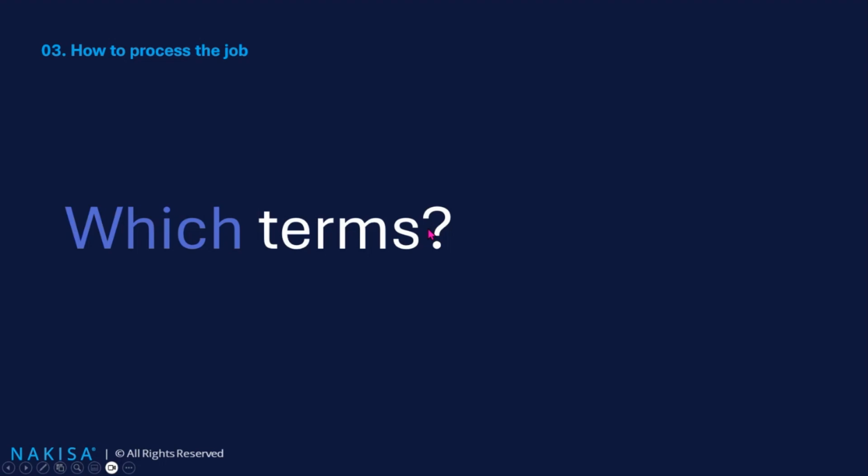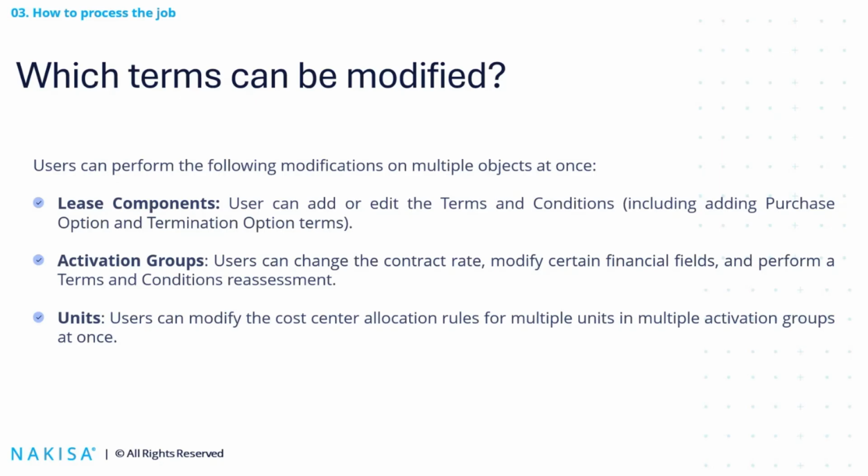So which terms can you modify in mass modification? Not all the terms can be modified, nor processed in all the ways. For example, at the lease component level, you can just add or edit the terms and conditions. You cannot delete any terms yet. In the activation group, the user can change the contract rate. You can modify certain fields and perform